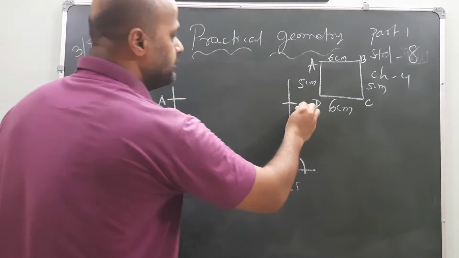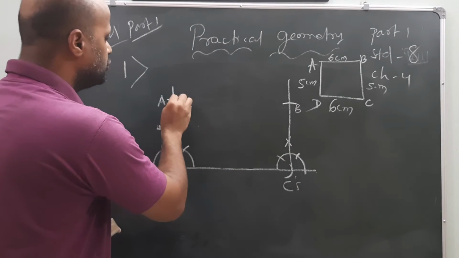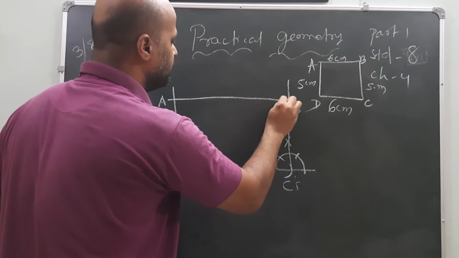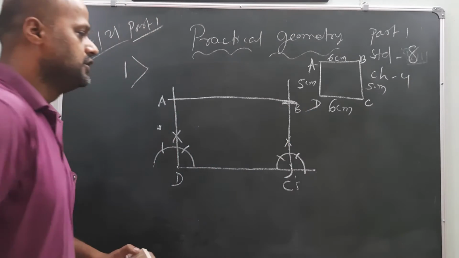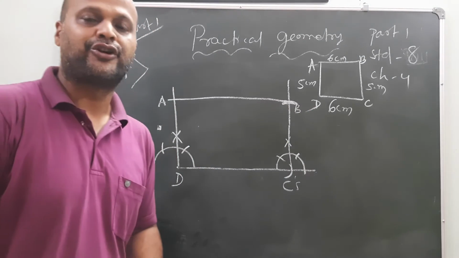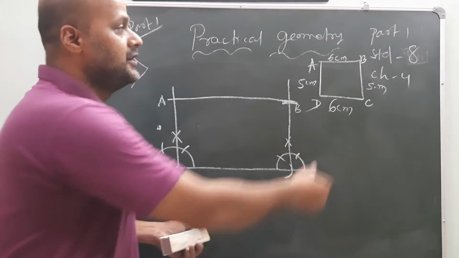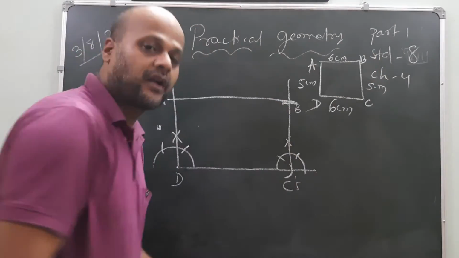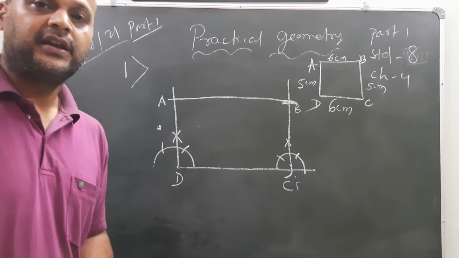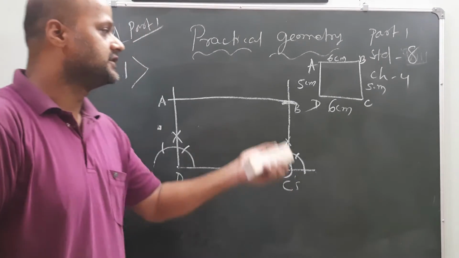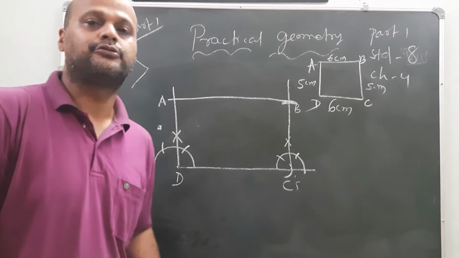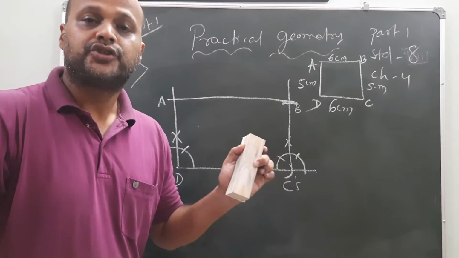Now here is B point. Now join A with B. Okay children, join A with B. So this is the simplest process of drawing the geometry by following the rough sketch, by the given statement. This is one of the simplest forms of drawing the geometrical shape.